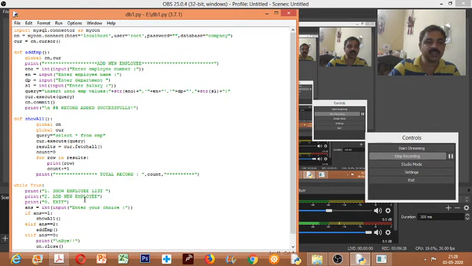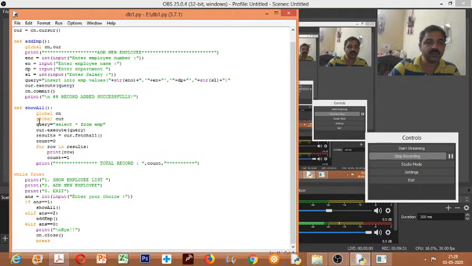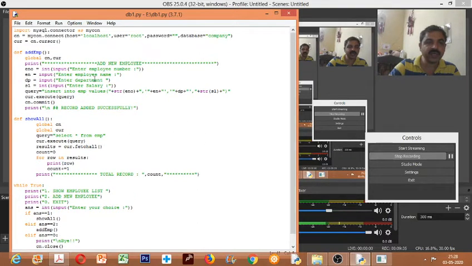First, addition of the element is done in the function. So for example, if you press option 2, then it goes to add emp. In add emp function, what is written, let us see. First we wrote global cn and cur. So cn and cur is defined outside the function in the beginning. Now global means its scope, we are making it global so that any changes made to this will be reflected to other functions also. That's why we are using global cn and cur.